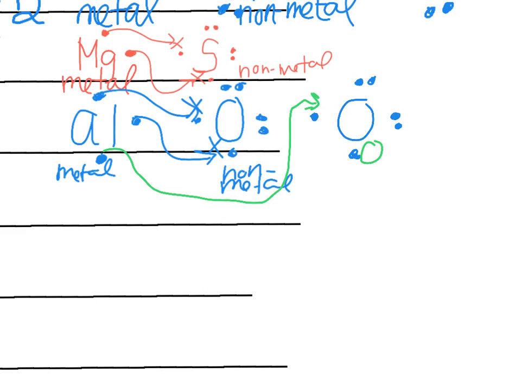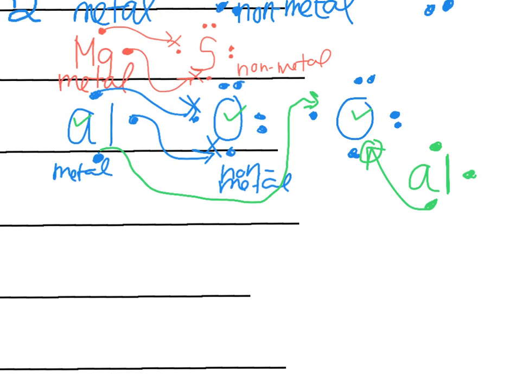So draw another aluminum. So draw another metal that would be able to give away its electrons. So we knew that aluminum had 3. So let's give one away. Okay, so oxygen is full. Aluminum is full. This aluminum gave its 3 electrons away. Oh my gosh. Now we have an aluminum that has 2 electrons still left to give. So,